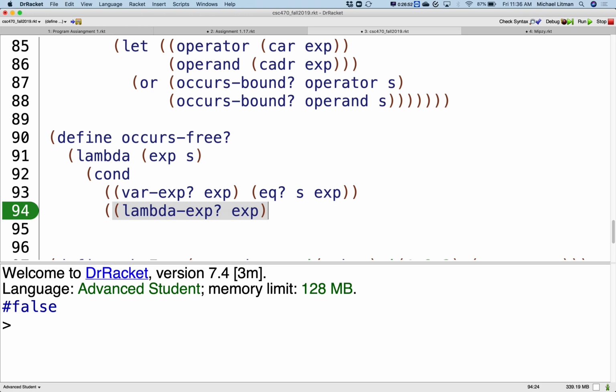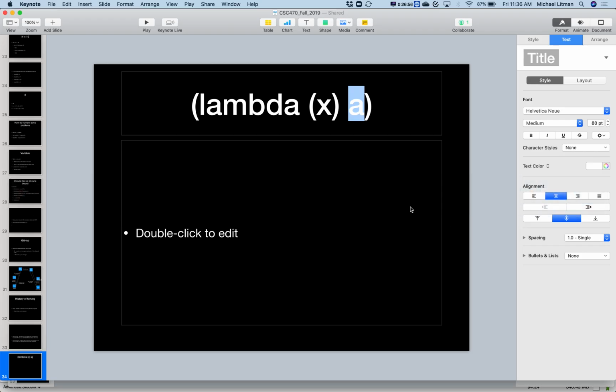Right? So if we go back to our example here, we're looking at a lambda here. I just ran into this X. I have a binding now for X. Now, if X matches the thing I'm searching for,